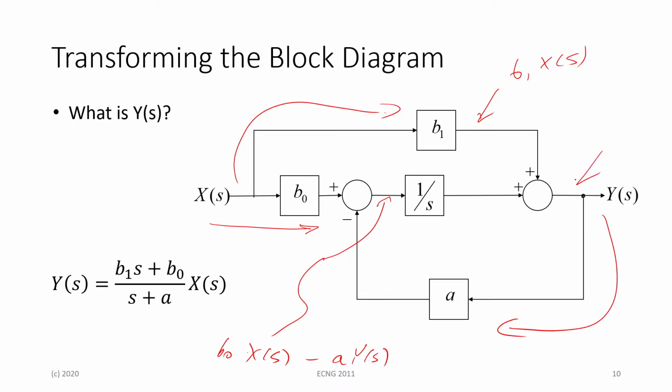Then if we consider this point, this is going to be b1 x of s plus our b0 x of s minus a y of s, which is going to be equal to y of s. If we transfer all our y of s to one side, we have y of s here multiplied